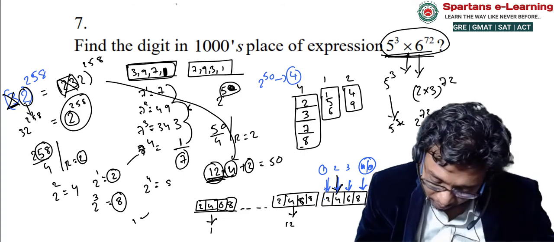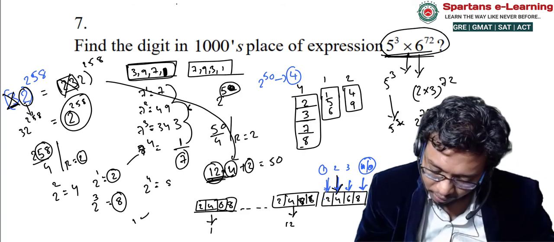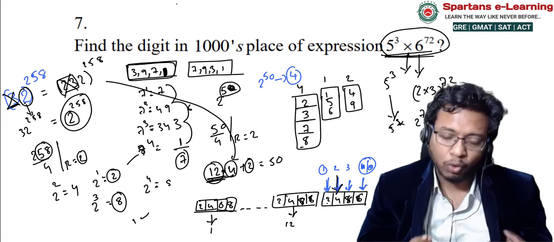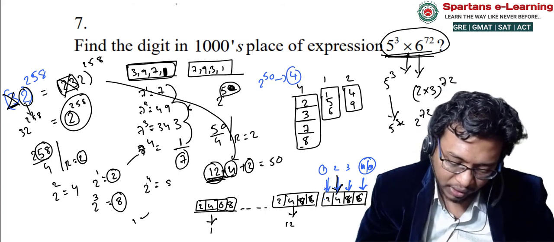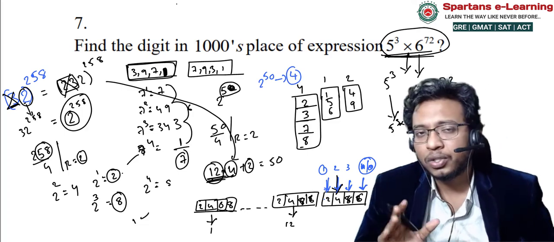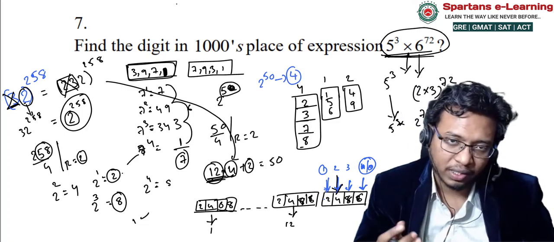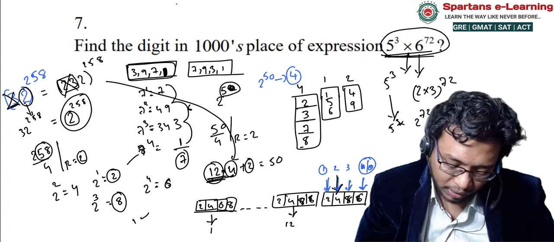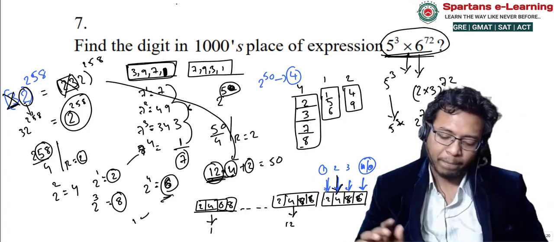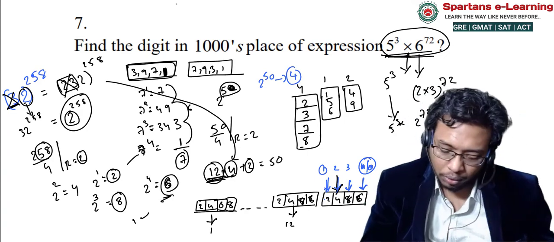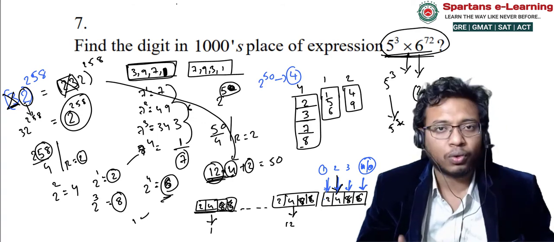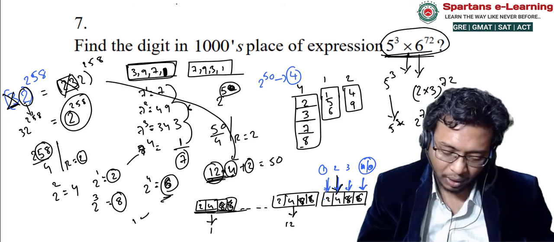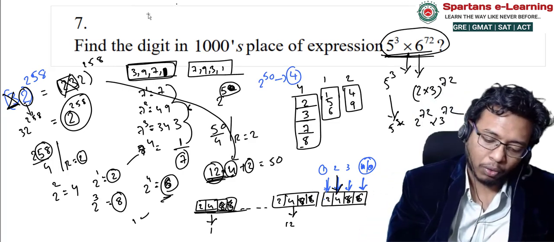So the last digits go 2, 4, 8, and 6, okay? 2, 4, 8, 6, not 2, 4, 6, 8. If the remainder is 4 or 0, that means the last digit will be equal to 2 power 4, which is 6. That's it, okay? Now don't get confused here. 2, 4, 8, 6, okay? Not 2468, 2486, right? Now I'll give you one more number here.